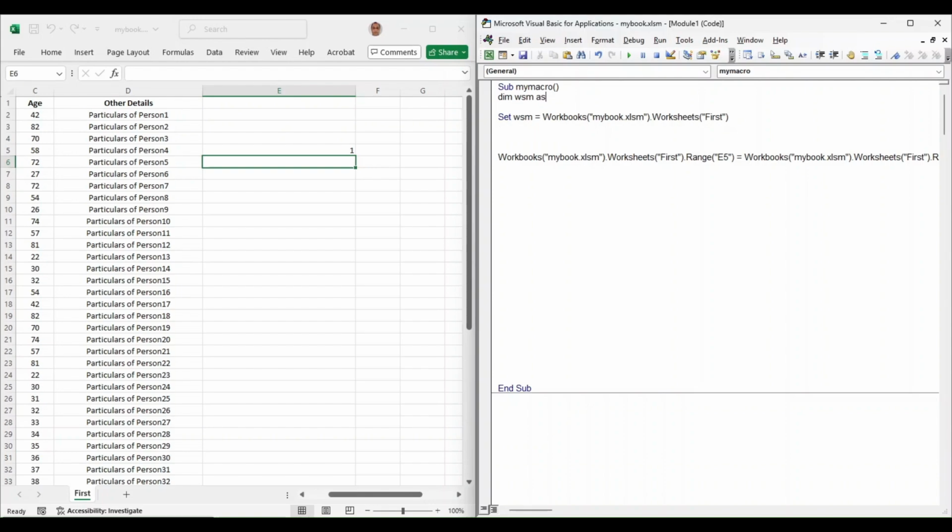So dim this as worksheet. And then instead of this thing, I can simply write WSM here, and also instead of the entire